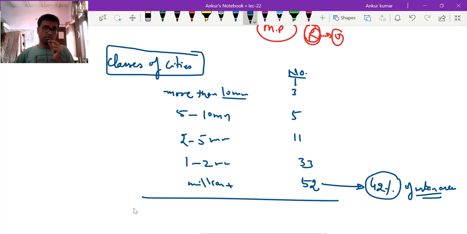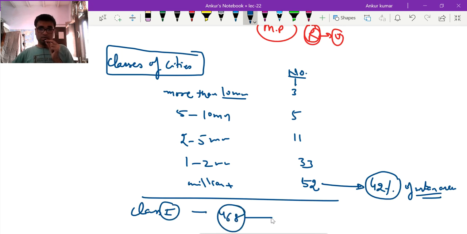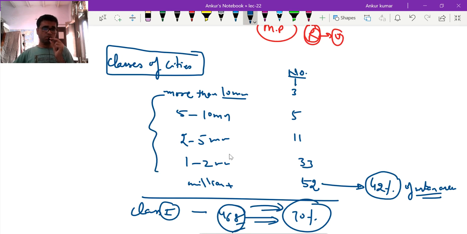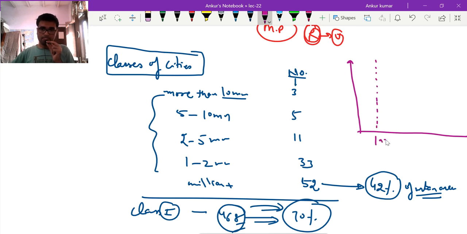And if you say the number of class 1 cities in India, they are 468, and these class 1 cities have 70% of India's urban population. So you can see the heavy urbanization that is there in 468 million plus cities, or class 1 cities. So these are the different classes of cities that you can remember. Now on this basis, what is happening in India on this class basis, so let us make it here only. When you see, let us say this is 1931 and this is 2011.